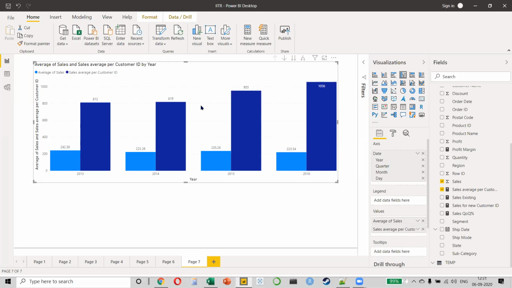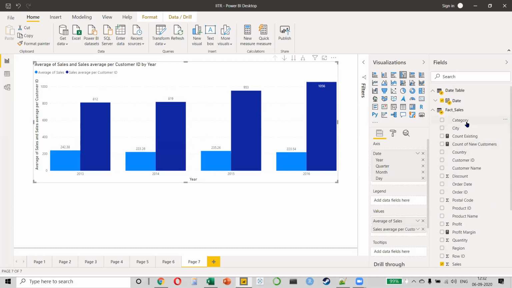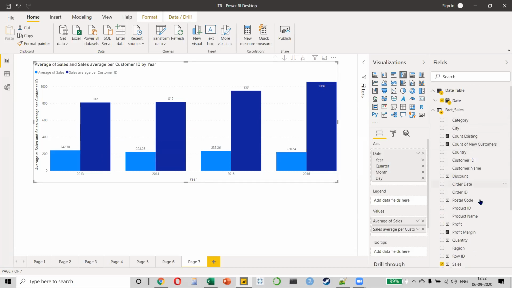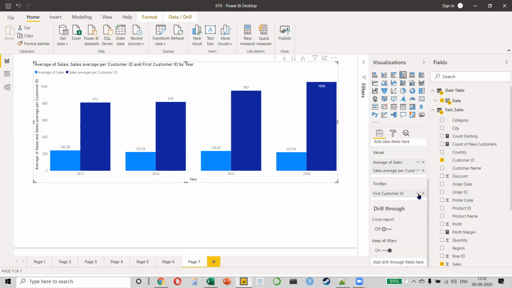Okay, hold on, everyone. Let's take a simple example. Let's say in 2013, in fact, we have the customers, no? Just a moment. Let me keep my customer ID. This way you will understand. Customer ID, I'll put it in my tooltip and I will change it to distinct count, correct? Now, what is it telling you? It is telling you that in 2013, how many customers were there? We had 595.